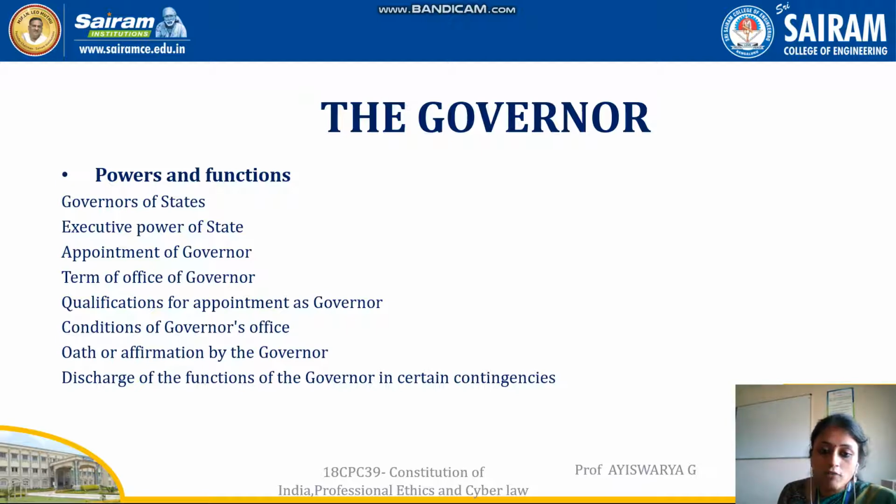And the next one is the governor shall be entitled without payment of rent to use his official residence, and shall be entitled to such allowances and privileges as determined by the Parliament. So whatever the amendments, the allowances and house rents will be decided, and he will take over the charge with all these things.